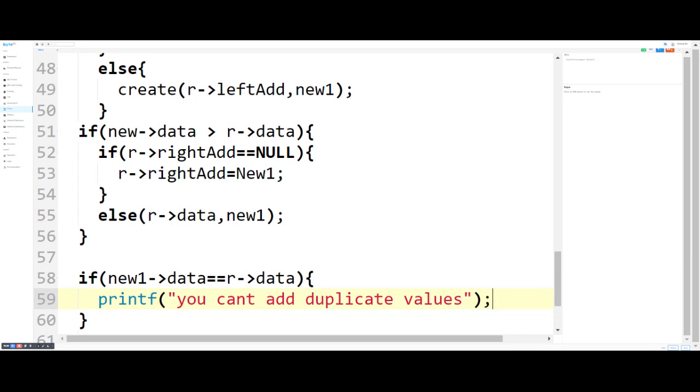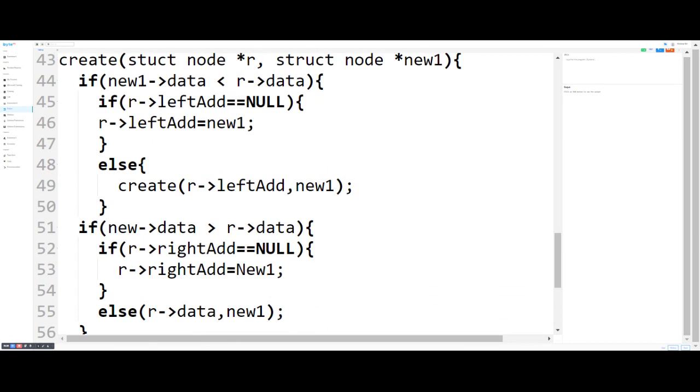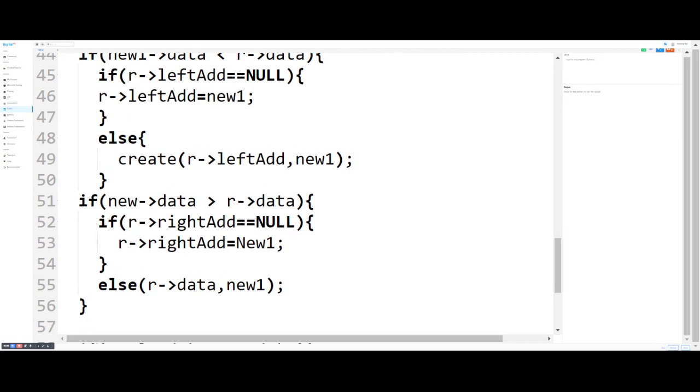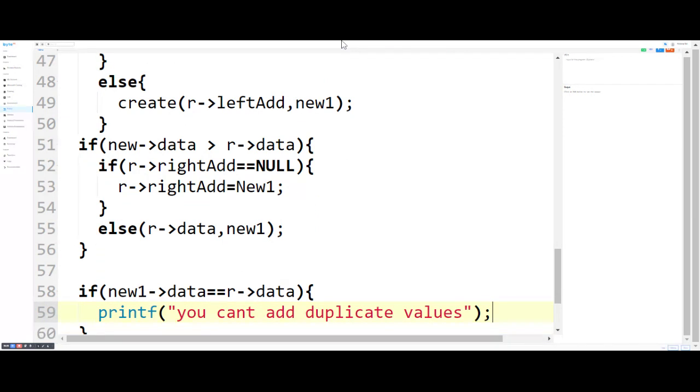That's it. So this is your code. First we check new one of data is less than root data. Second we check new one of data is greater than root of data. And third, we check new one of data is equal to root of data. So this is our create function.